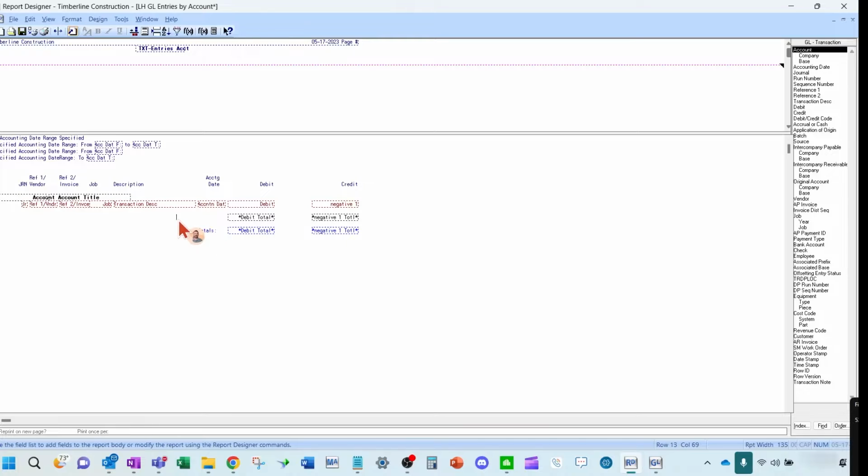So in this scenario, it doesn't bring in the total description of the other. The only description it brings in is the grand total. So, you can put in whatever you want to call this. And then what I want to make sure of, just like I did on the field, is I want to make sure the account total is the same print control. So again, if I highlight the text, I can see print once per end of account.